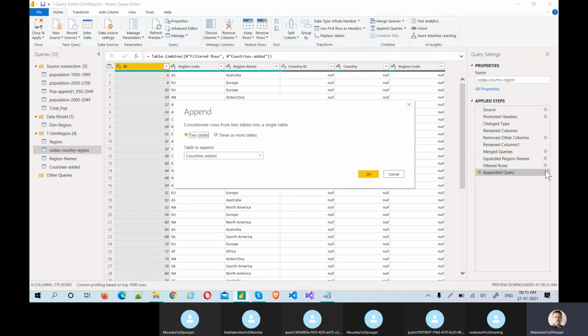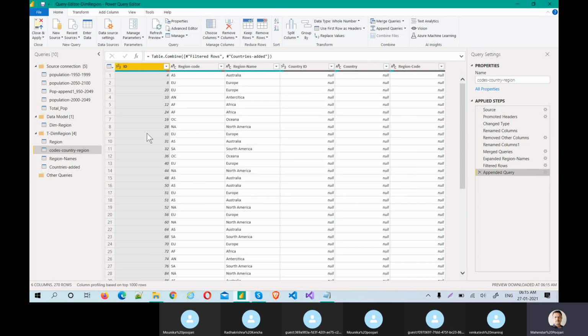Here ID is there, here country ID is there. Names should be the same. Though you see 1 2 3 here and 1 2 3 there, the names are different. ID, country ID. This is wrong. And region code is there, and we should not have country, because there are 3 here and only 3 there.